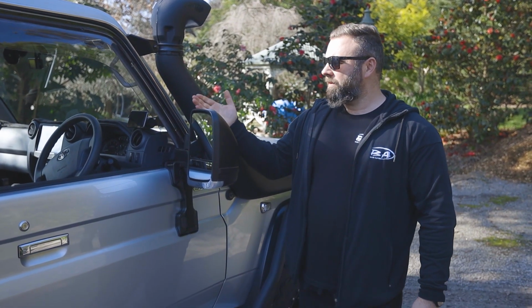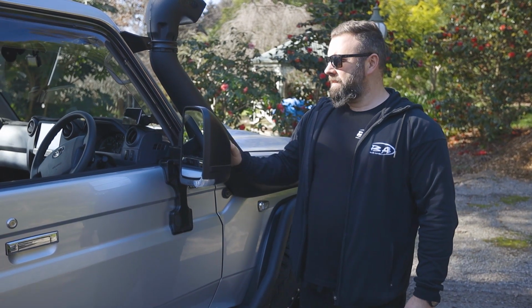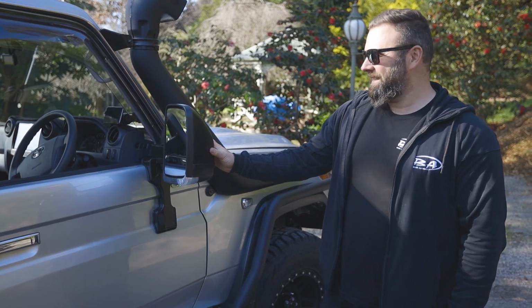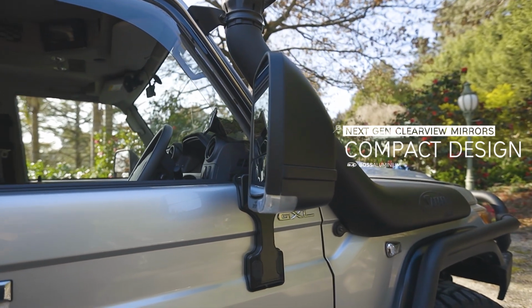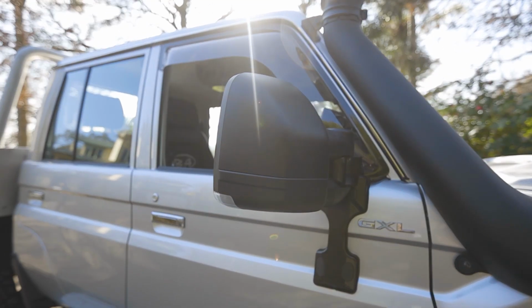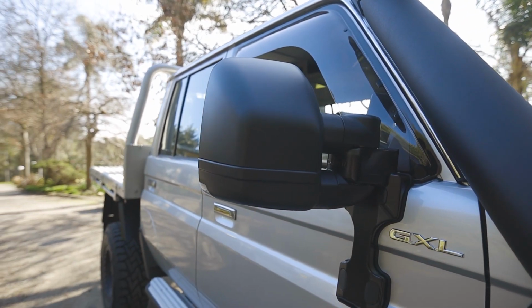We're here to take a quick look at the new next-gen Clearview mirrors. They've made this awesome update on the previously awesome mirrors. We've been running Clearview mirrors now for about 4 years on our own 79s, and this is the brand new Boss 4495 build, and we've been lucky enough to get a pre-release version of the next-gen mirrors, and they are